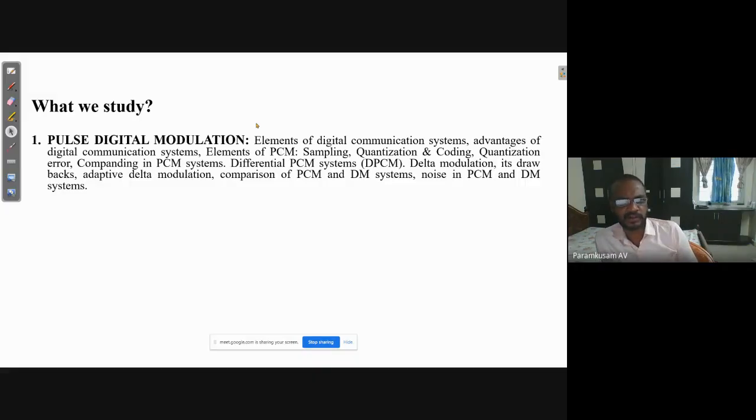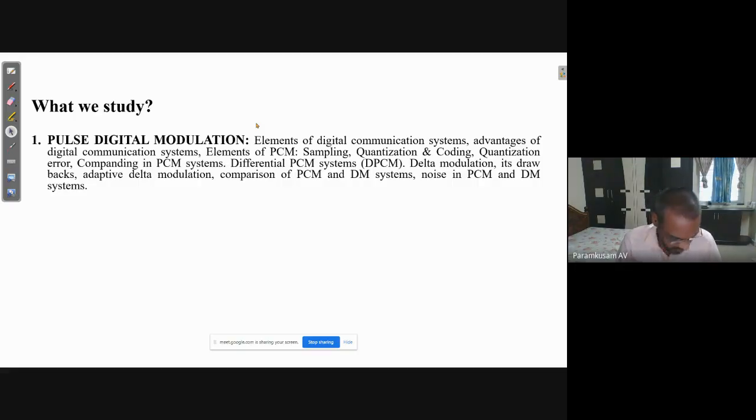Just have a look at that first unit's topics: elements of digital communication systems, advantages of digital communication, elements of PCM, sampling, quantization, coding, quantization error, companding, differential PCM, delta modulation, comparison between PCM and DM, and so on. Okay, just have a look at these topics.